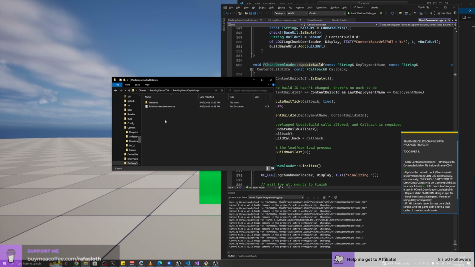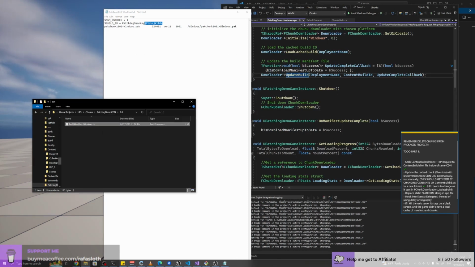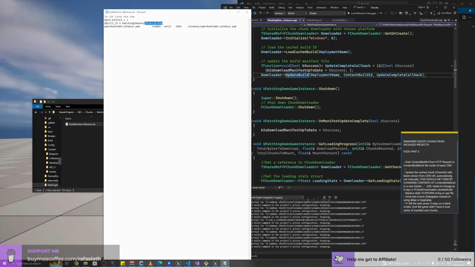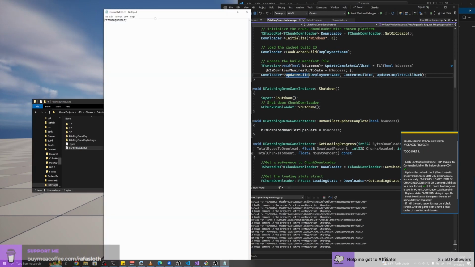And then you could have the manifest with the same name. This seems to not matter at all, but you could call this patching demo key 1.0, and then you just update your file. When you're going to switch from one release to the other, you just change the contents of this file. So whenever you're ready to upgrade all your users from version 1 of the DLC to version 2, you just write 2.0 here.